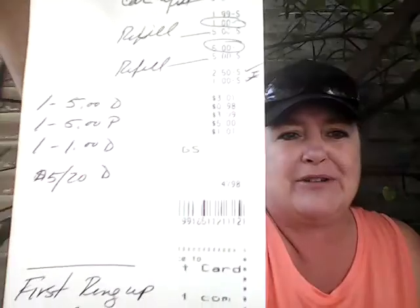But I also went to the Dollar General and I did the Gain Febreze thing. I wrote on it, but as you can see, it only printed half my receipt out, so I had to go through and try to figure out what happened. Okay, so I got 4 of the